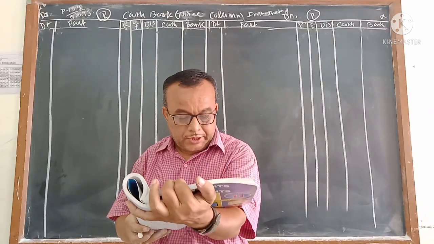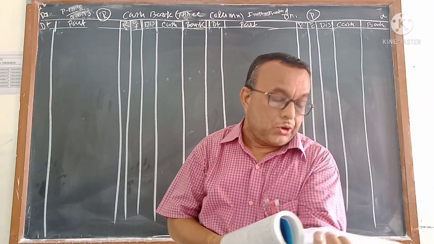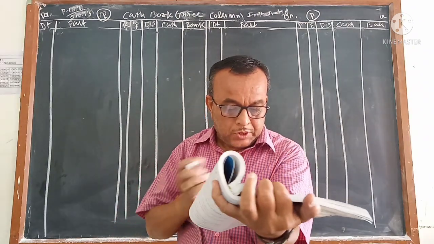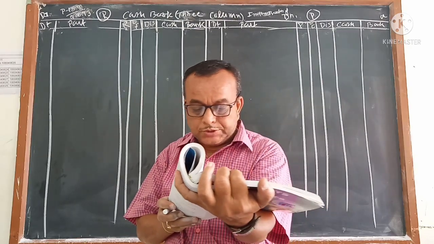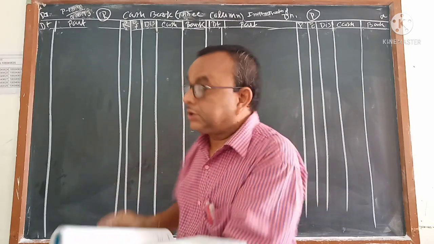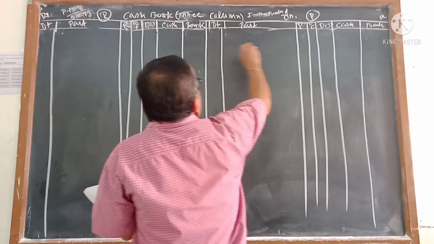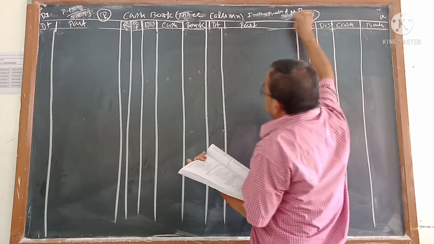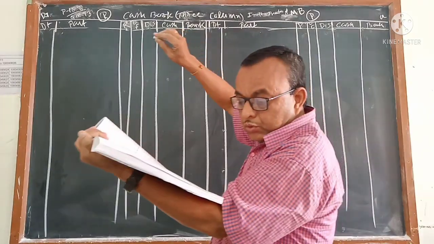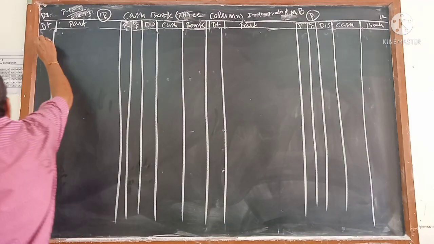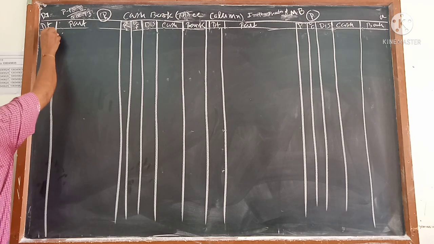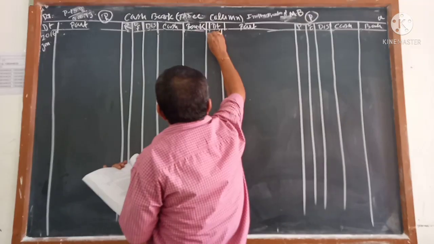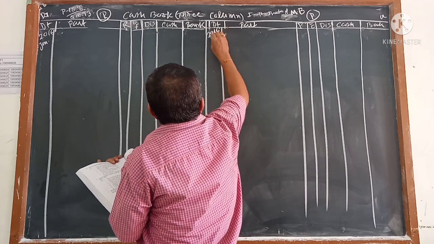Now we write the name of the person for whom we are going to keep the accounts. Let me read from the following transactions. Prepare a 3-column cash book of Shri Mahendra Bhai Bhatt. So we have to write here, in the books of Mahendra Bhai Bhatt. And the date is given, 2016 Jan. Here also write 2016 Jan.